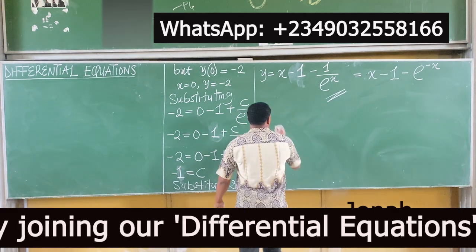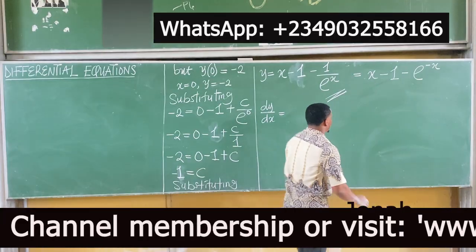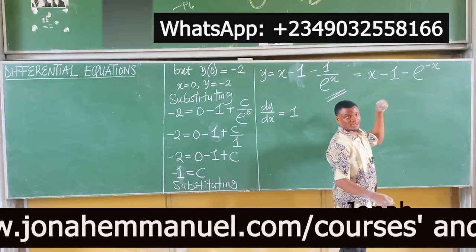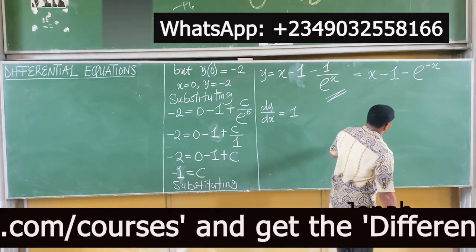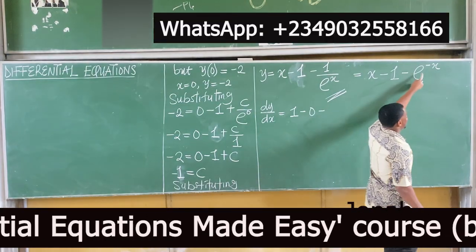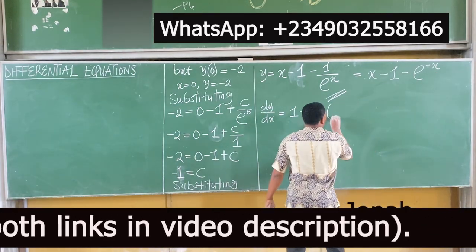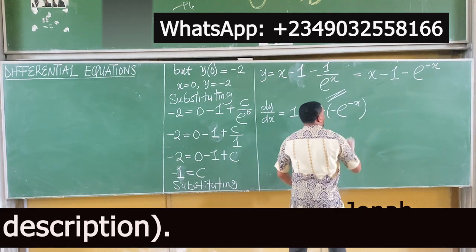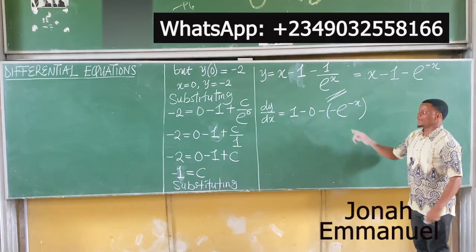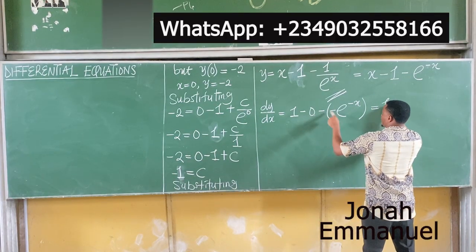This is the value of y. Let's get dy dx. Just hang on. What's dy dx here? Differentiate x. What do you get there? 1. Differentiate minus 1 gives you what there? 0. Minus 0. Yeah. Okay, fine. Step by step. Minus 0. Fine. Differentiate exponential minus x. What do you get there? If I differentiate this, it will give you minus exponential what there? The rule is simple. Differentiate minus x, you get minus 1. Multiplied by minus 1, you have this. So what do I have here? This is equal to 1 minus minus, plus